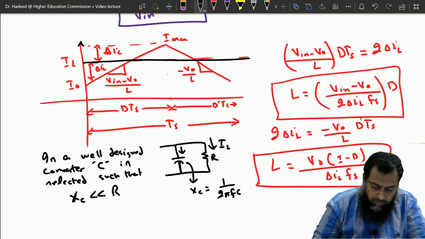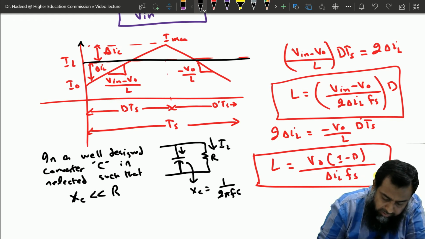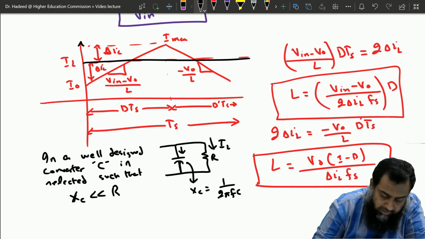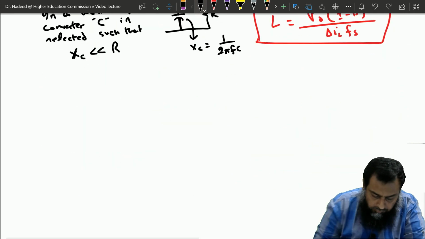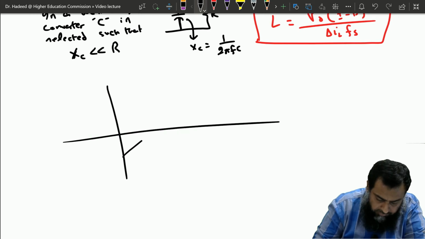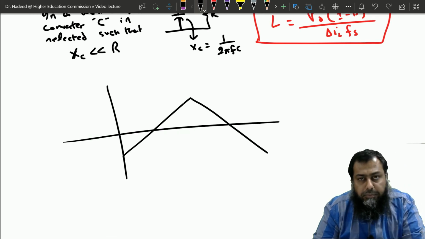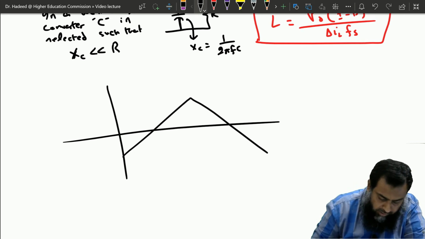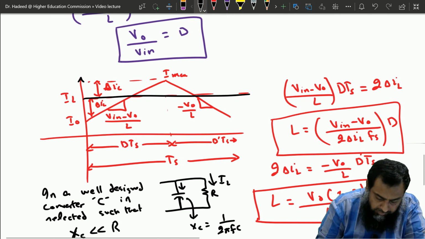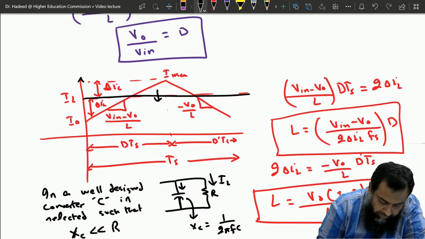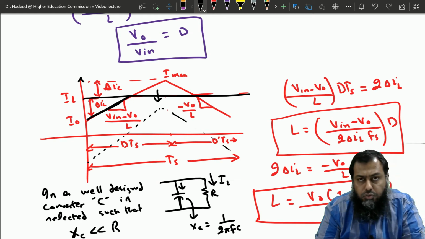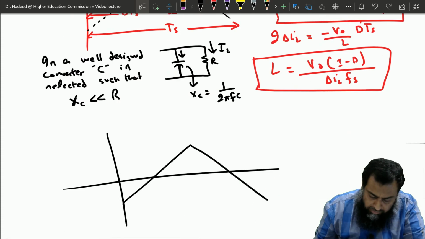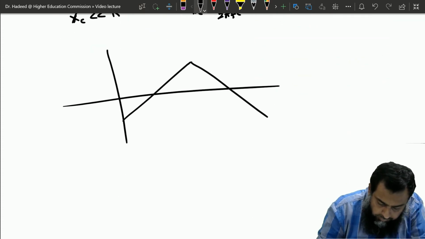So we need to see that once this DC part is supplied to this resistance R, whatever this triangular waveform is left, it is diverted into this particular capacitor, and therefore the capacitor current shall have this type of a shape, because when I bring it down to 0, this particular portion shall appear here, and this is the sort of a current that flows through the capacitor C. Now with this in mind, we see that this is the delta IL,